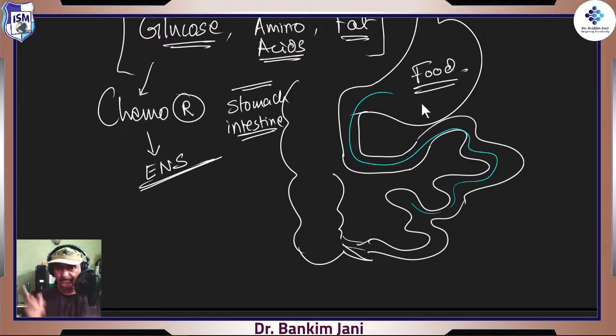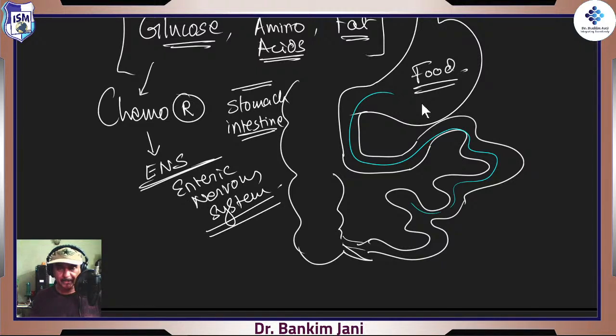You know ENS, we talked about it, enteric nervous system, right? Enteric nervous system is like a second brain. It is in the GIT. So when all these things are happening, it will take too much time to go all the way to the brain and inform that, yes, we have got glucose and amino acids and fat. Let's do one thing. We have our inbuilt in-house system,